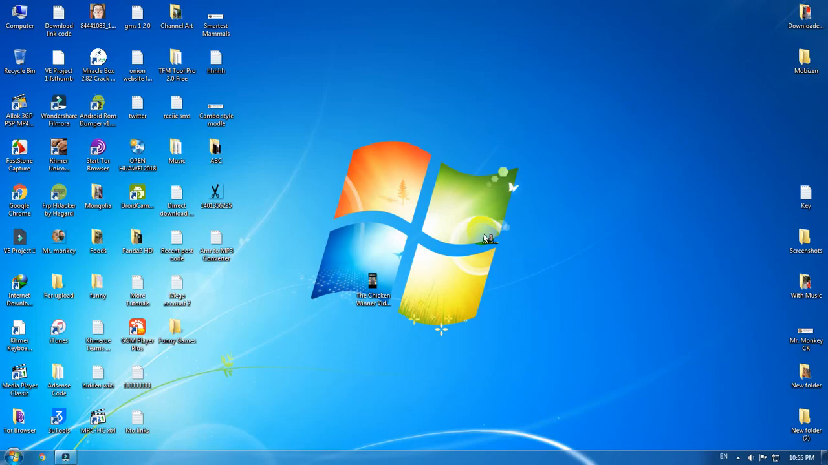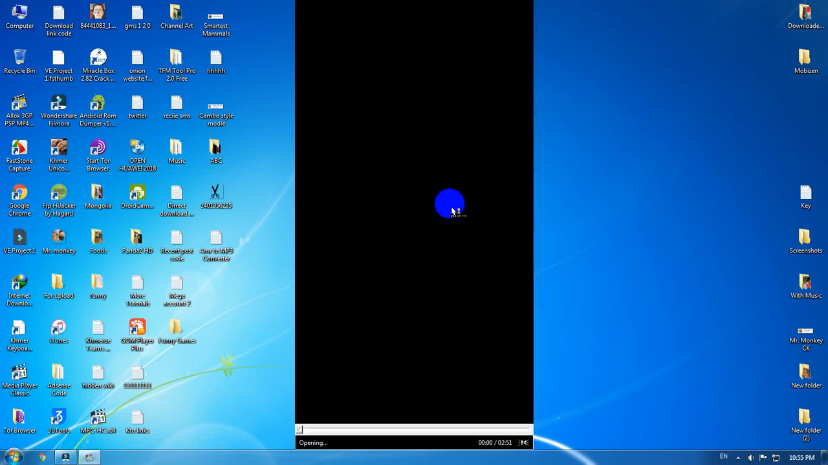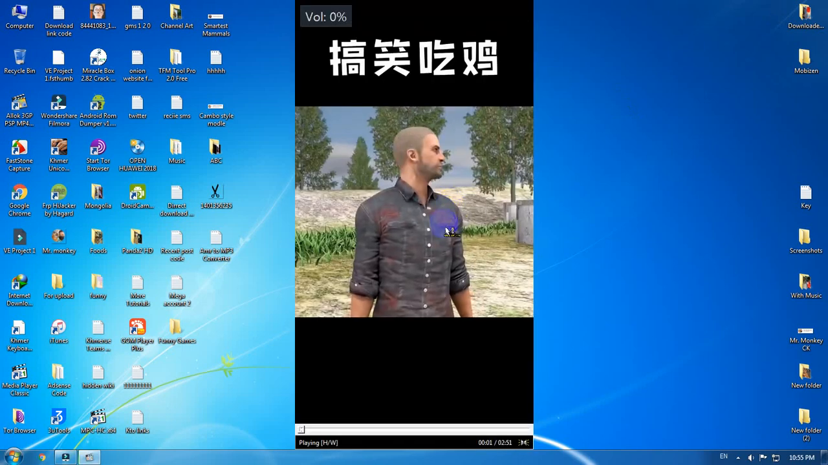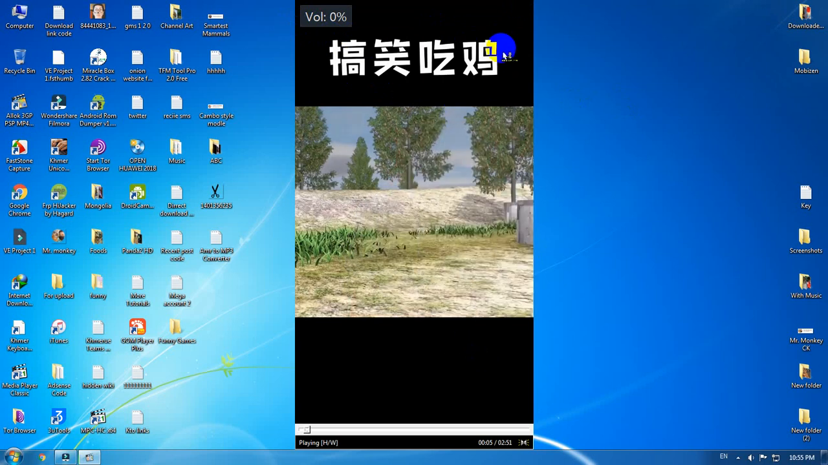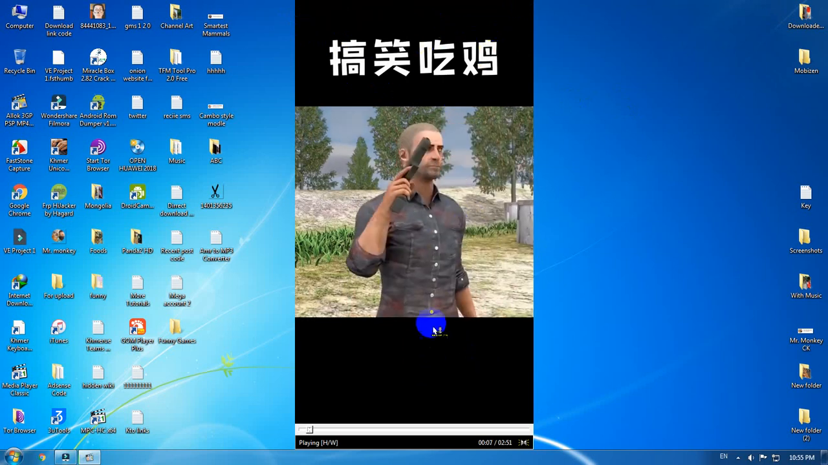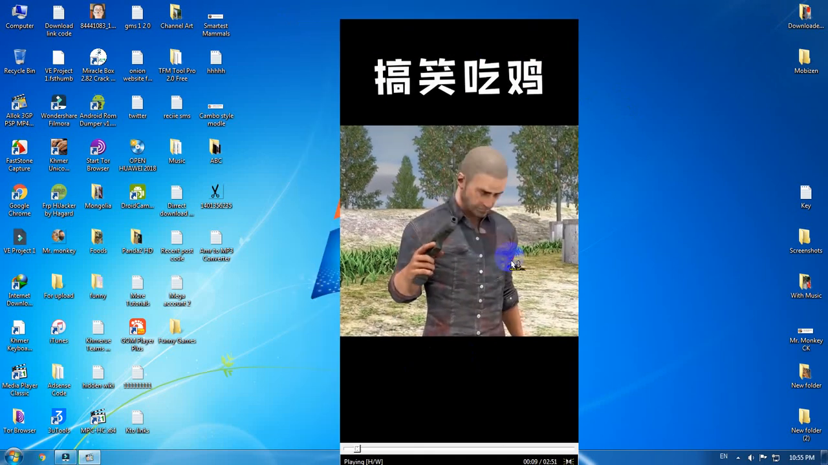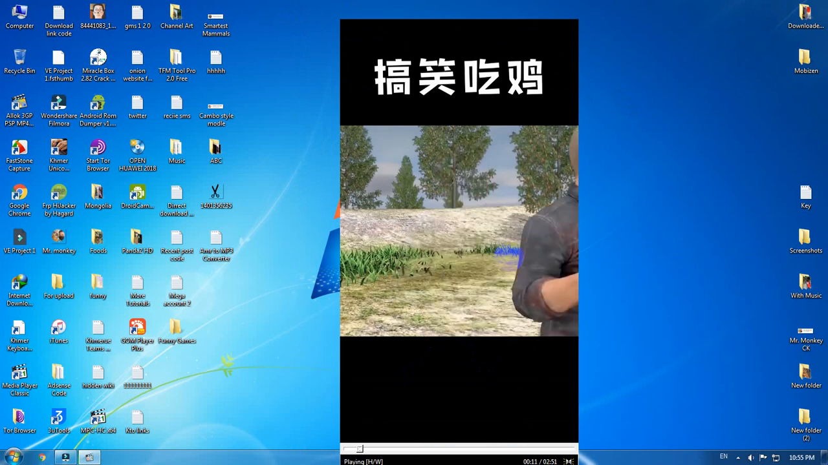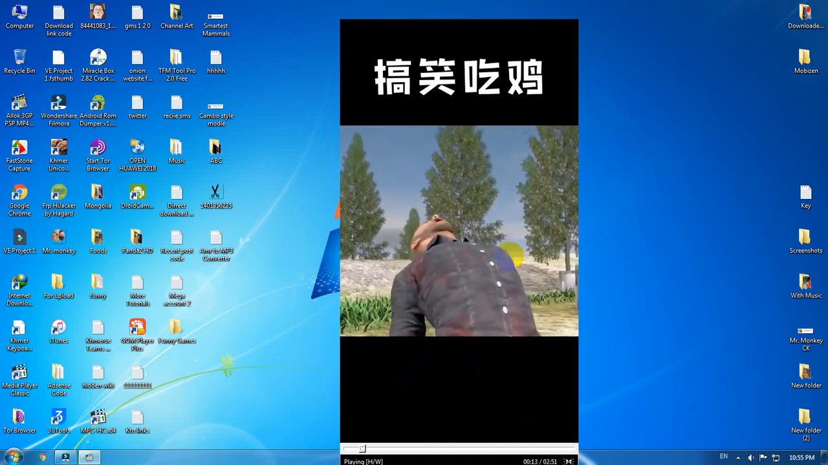So as you can see here, I have one video on my desktop that when we play it, you will see that everything, like the text, is appearing in portrait mode like this. So to fix that, what you're going to do is